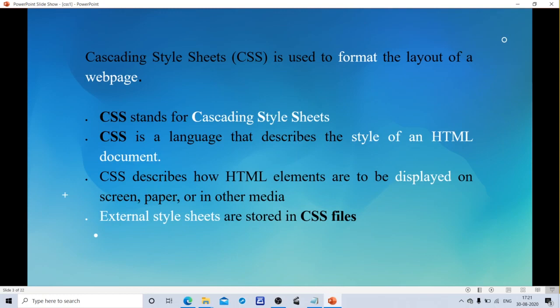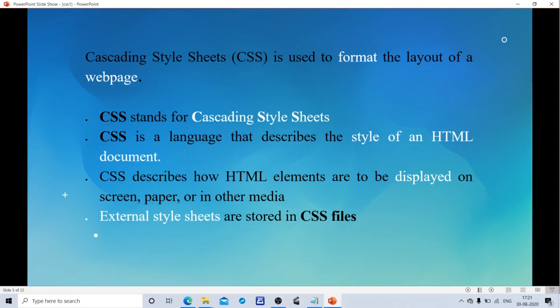CSS provides various style properties such as background color, padding, margin, border color and many more to style a web page. For styling a web page, we need some properties. Those style properties are like border color, padding, margins, etc. CSS is used to define styles to your web pages, including design, layout and variations in display for different devices and screen size.